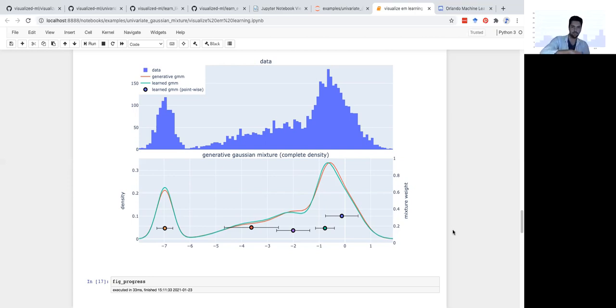The second step is, based on all those probabilistic assignments, update what we think the mixtures are. We would update the means: for each one of the mixtures, look at what the probabilistic assignments were from our training data, and then update the means of each of those components based on the weighted average of the training data, weighted by the probability that we thought it was due to this component.